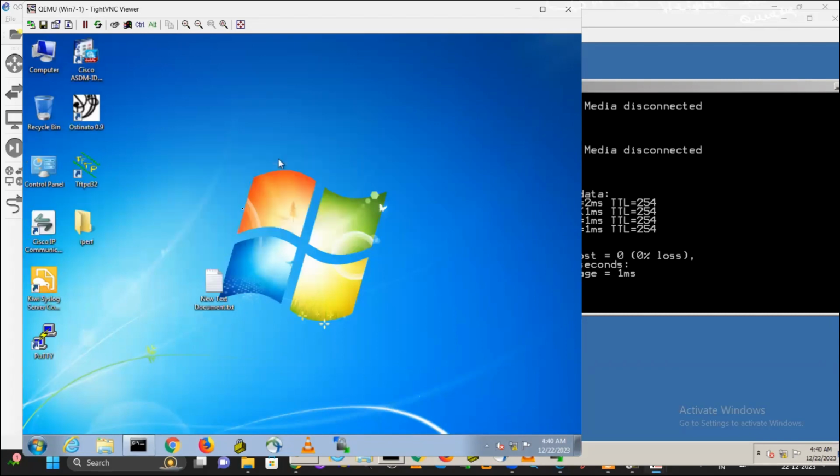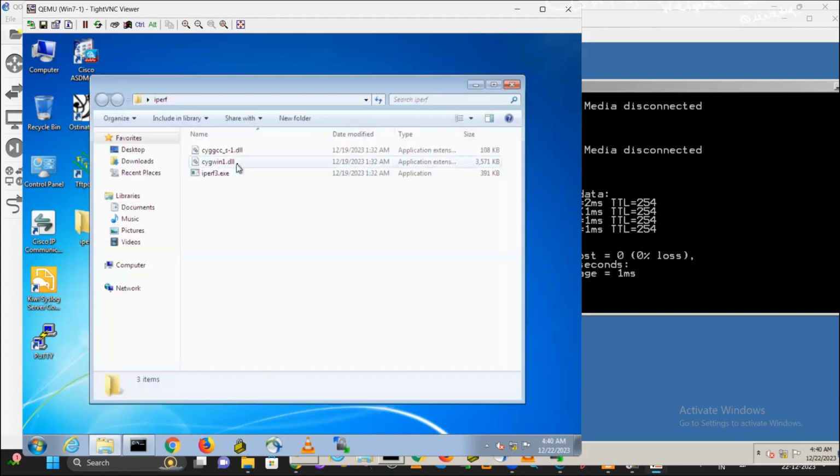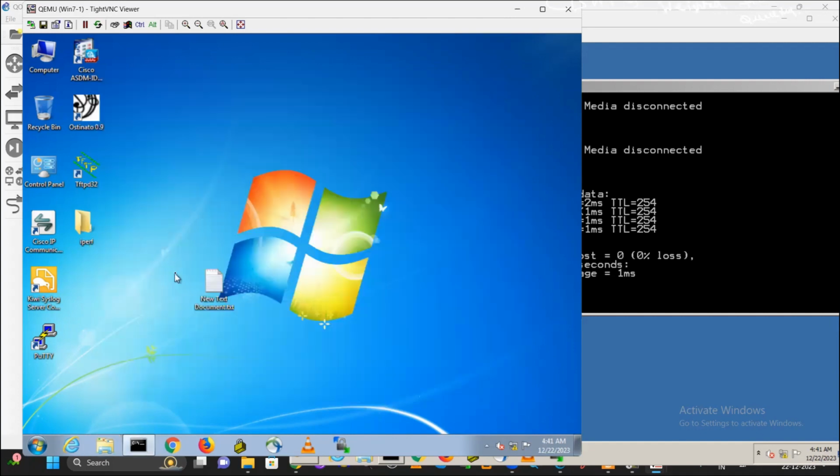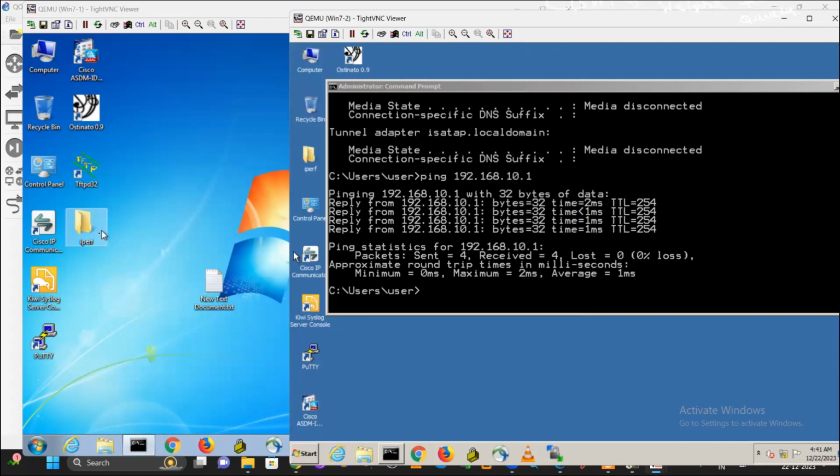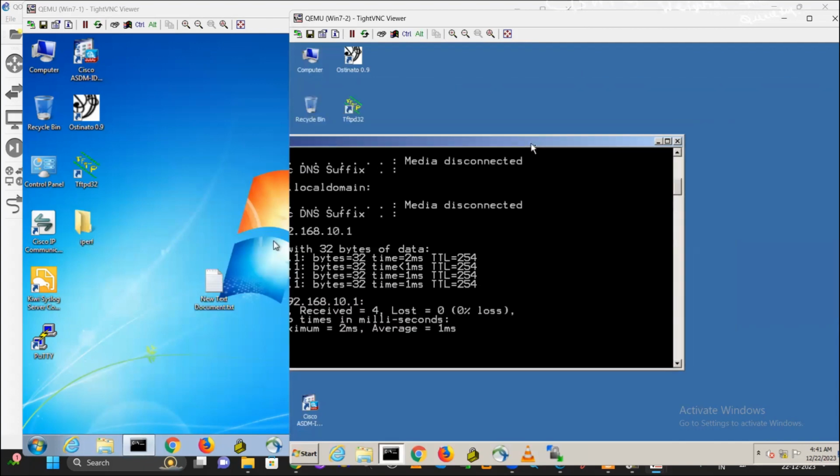View medium icons. You can see this IPERF. This is a piece of software that helps us view the bandwidth from source to destination. You can download it free of cost. If you search Google for IPERF download, you can easily get this software. I have already downloaded it and kept it on my desktop. I am going to make use of this software to analyze the bandwidth.